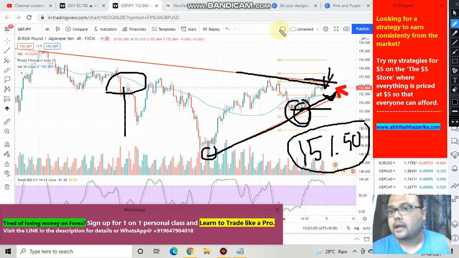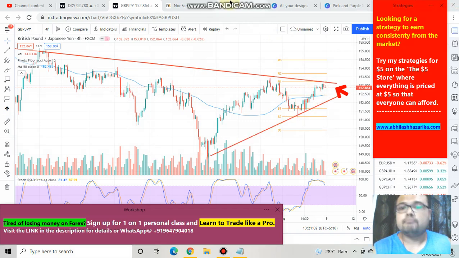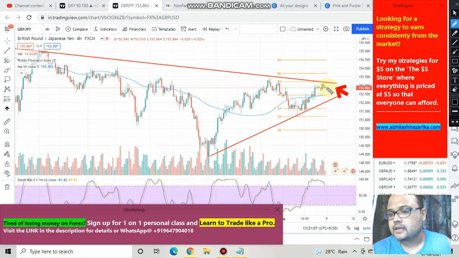So let the market open on Monday and see how the price reacts. If you see the market forming a red candle and struggling near the resistance, you can short the market here, but keep in mind that the market may bounce from this support also. So if the market bounces from the support, just exit from the market. If the market fails to bounce, then your take profit target will be the 151.50 level.